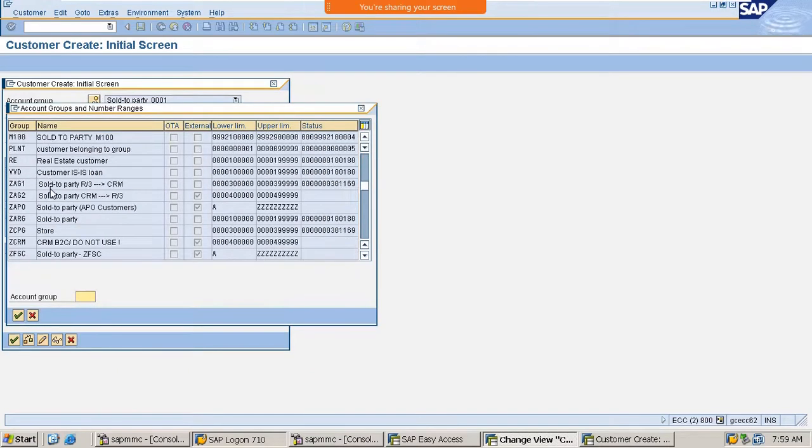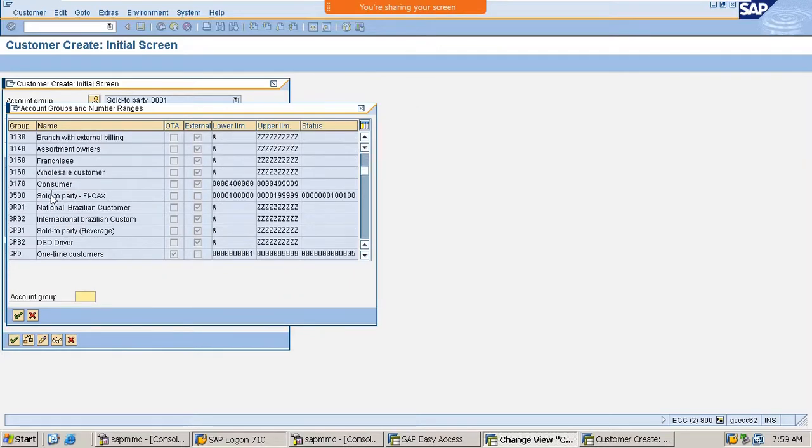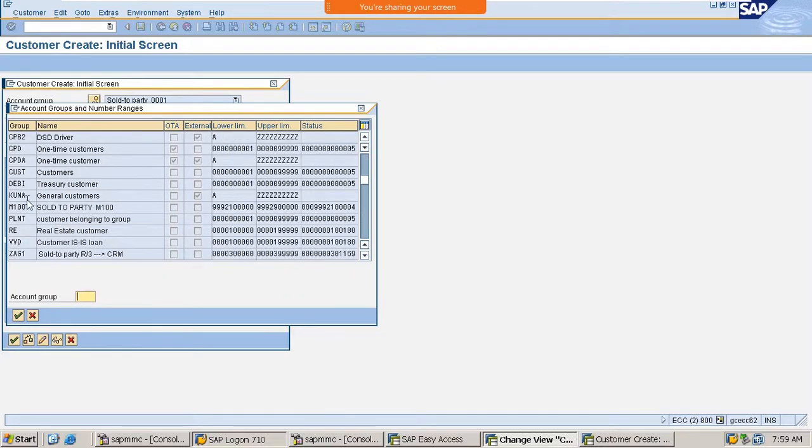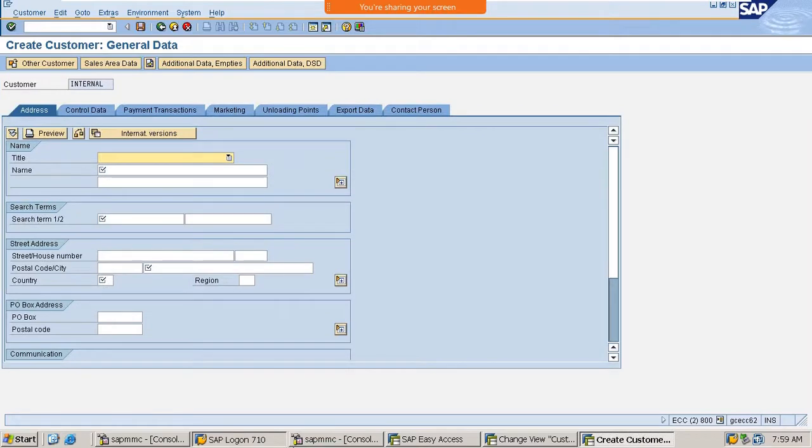M100 here. We have made the changes to M100, right? Yes, we have made the changes to the account group M100. So let me create the customer with M100. Then we can get the